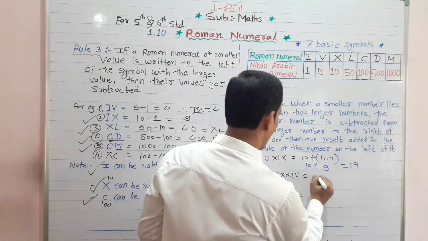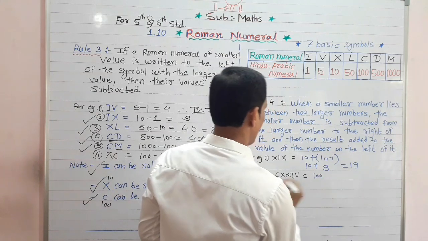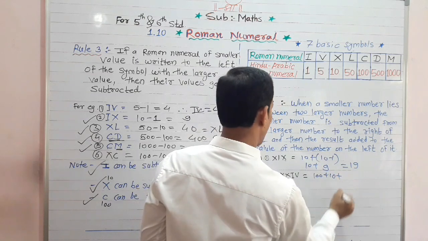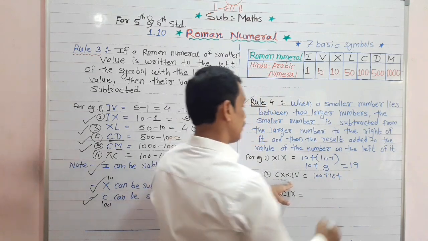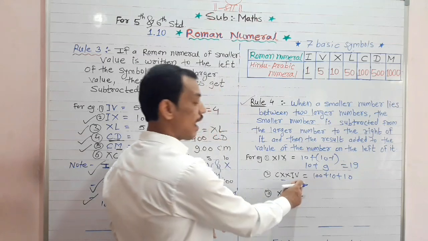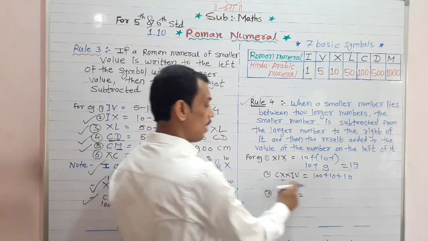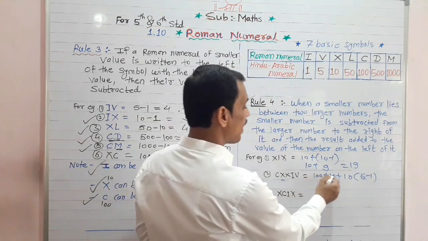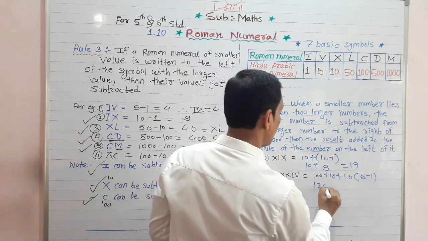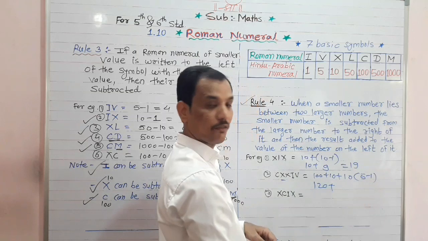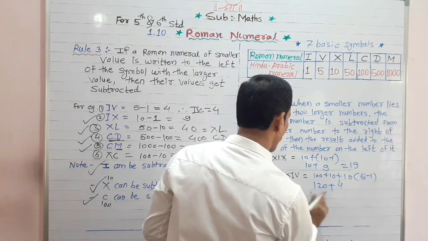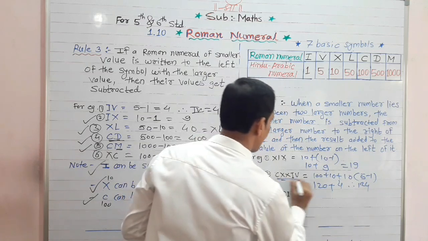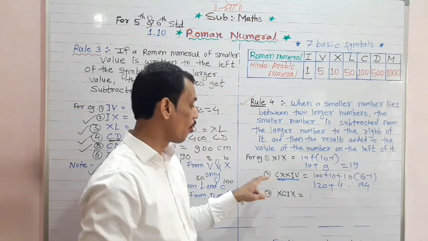So C stands for 100 plus X stands for 10 plus this is 10, and where the larger value has a smaller value on its right side, you can do their subtraction. 5 minus 1 is that. Now 100 plus 10 that is 120 plus 5 minus 1, 4 is that. So therefore I am writing here 124. So this number stands for 124.